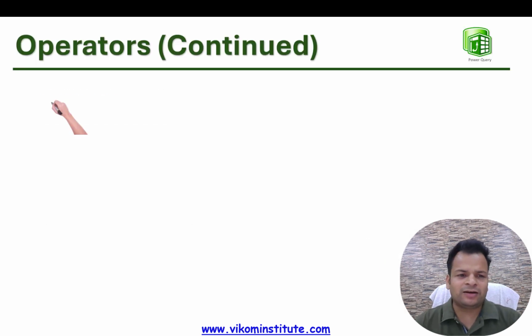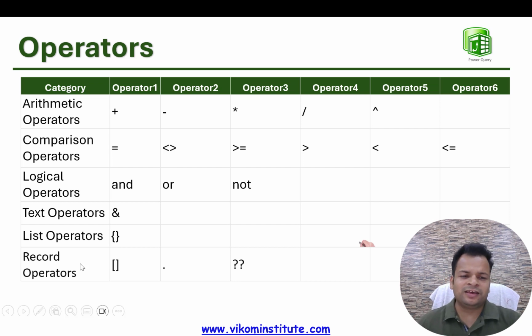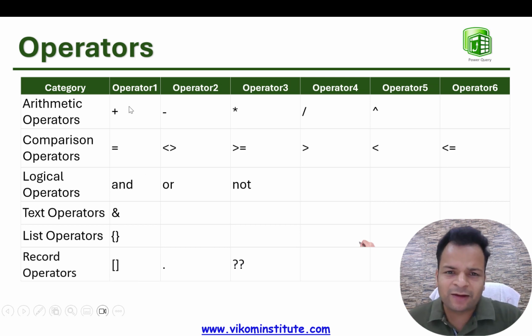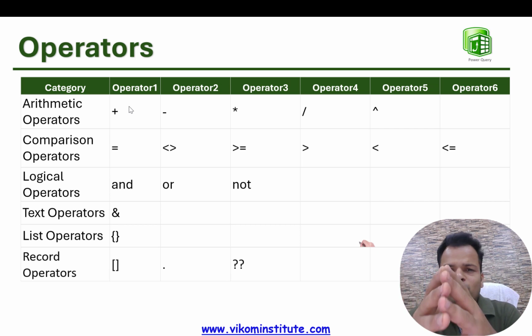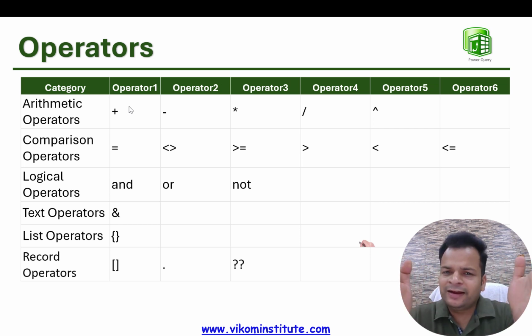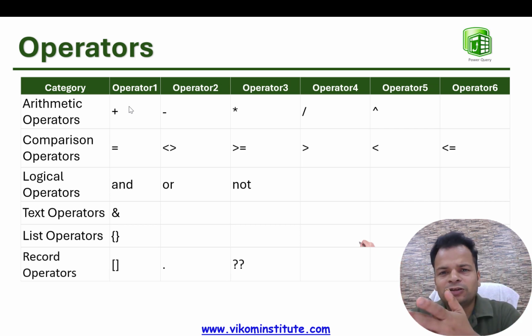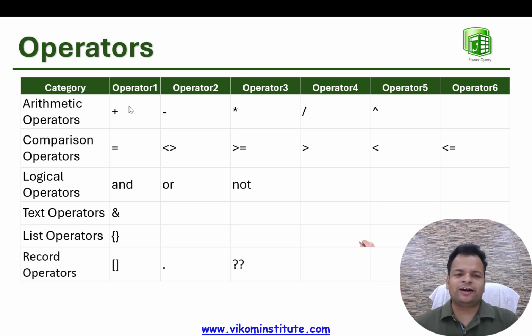So this is a new operator in Power Query. If we are talking about more operators, I have already told you about the list operator and record operator, and here we have the question mark. I will tell you the use of the dot operator later on, but I want to tell you one or two more things in Power Query. Suppose in one column we have debits and in another column we have credits. Let's try to add those numbers.